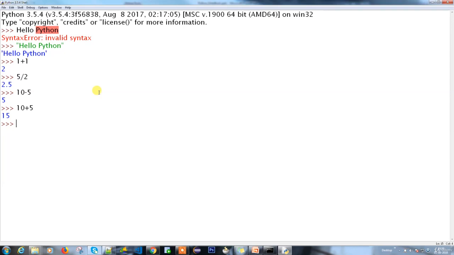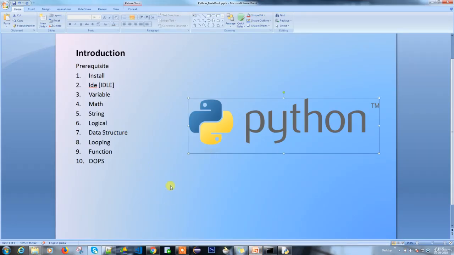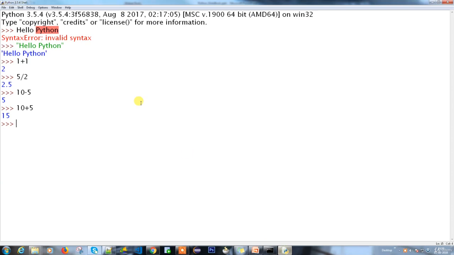You need to store the value in a particular variable so you can use the variable somewhere else. So when you talk about a variable, what are the things you need to do first? If it is a variable, what comes into your mind?